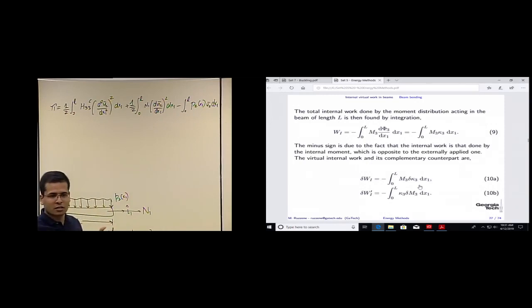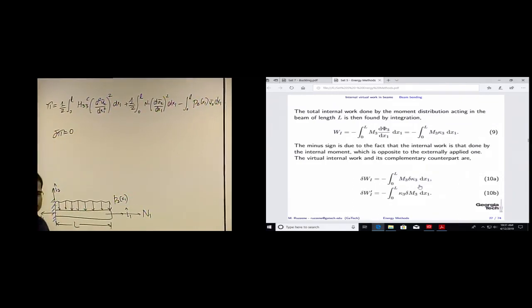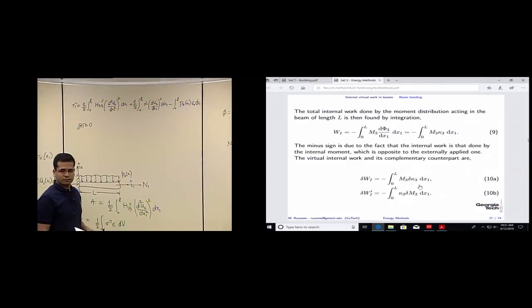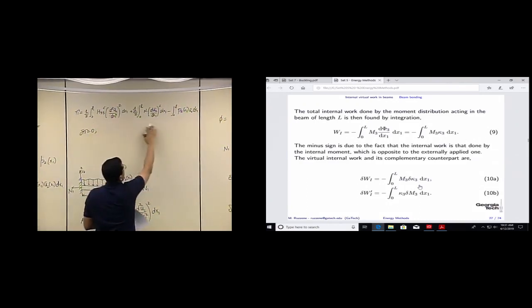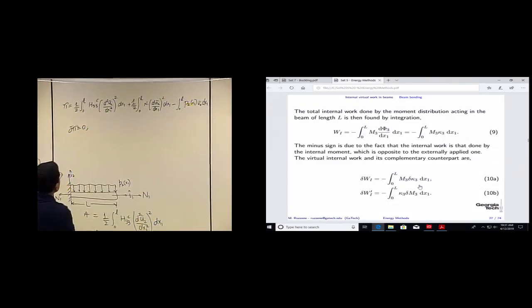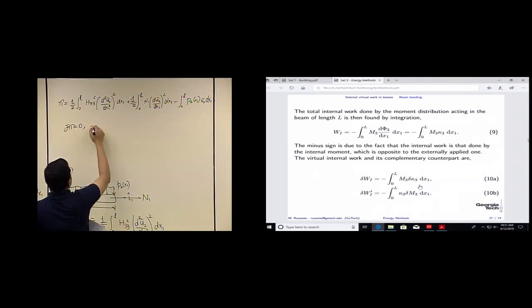We have the component of strain energy and the energy due to externally applied loads, right? So to find the governing equations or the equilibrium equations, what do we do? We say that the variation of potential is equal to 0, right, for equilibrium. And then we take the variation of this expression. So that becomes